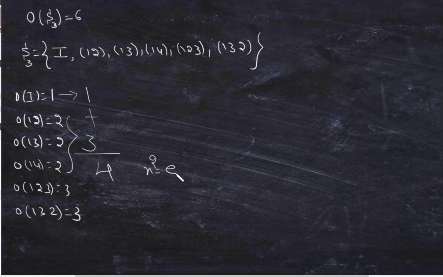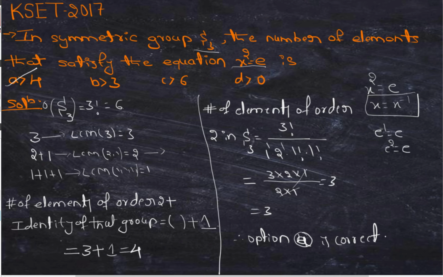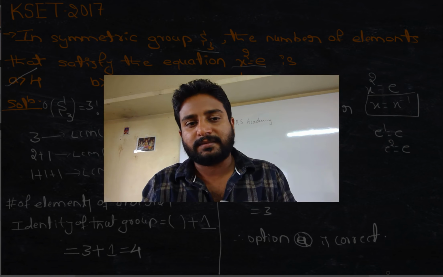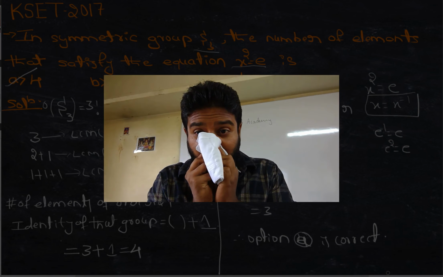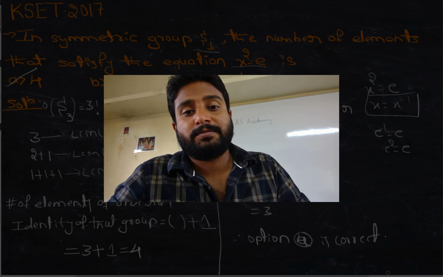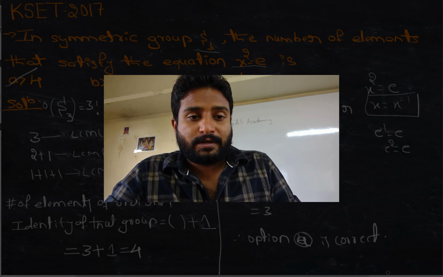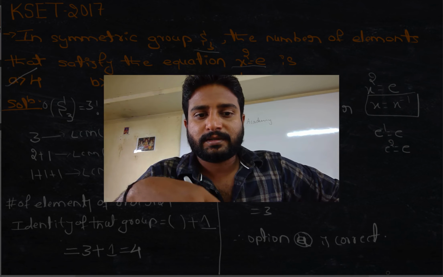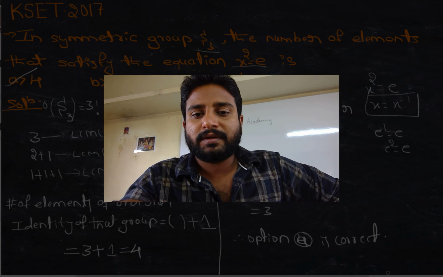This is a very simple question, but there is more chance of questions based on the symmetric group being asked in CSIR NET, GATE, as well as in KCET examinations. Please be thorough with the symmetric group. Definitely they will ask about the maximum possible order of an element, or the number of elements of a particular order, or such like this. This is based on the partition of a number.